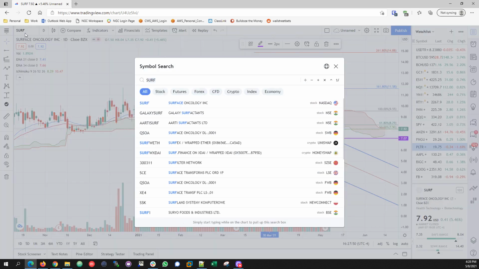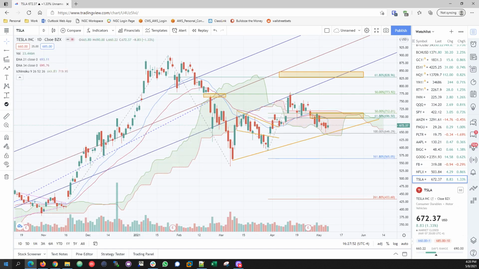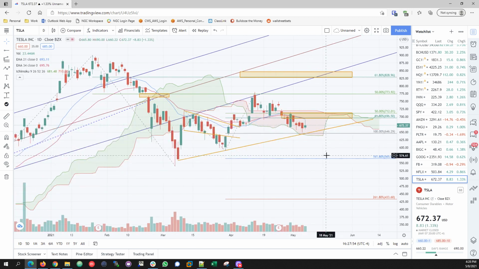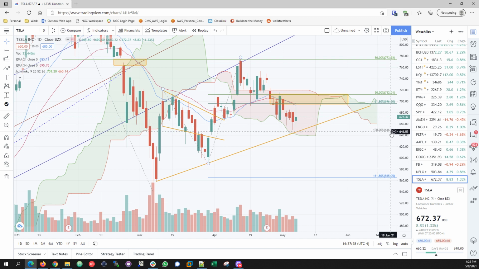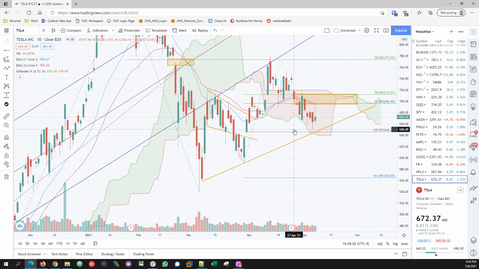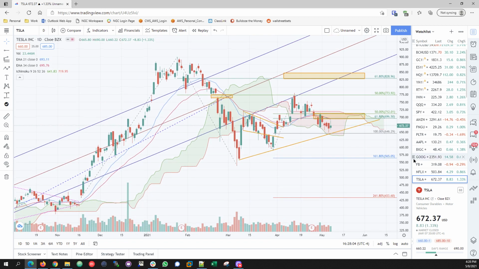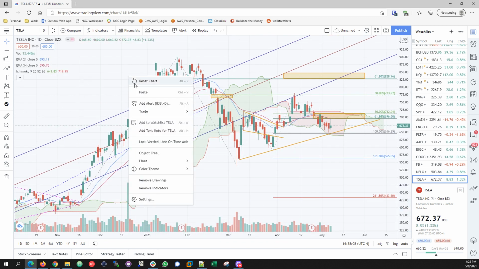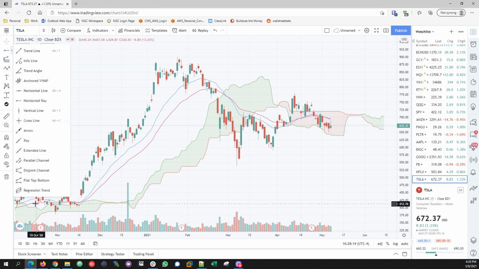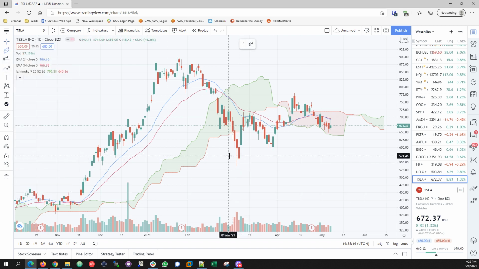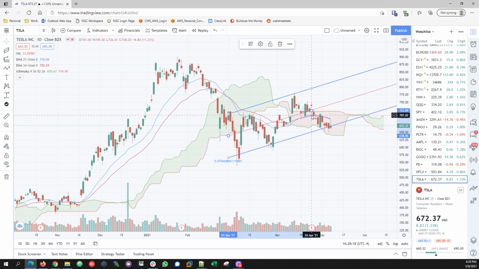Next up is Tesla, so let's take a look at Tesla. Guys, what did I say last time? I said it hit like 646 levels. It kind of got pretty close to it. At this point, let's delete everything. I don't know if there's a clear chart thing here, remove drawings. Okay, there you go. Simple. I'm going to try to get as simple as I can.